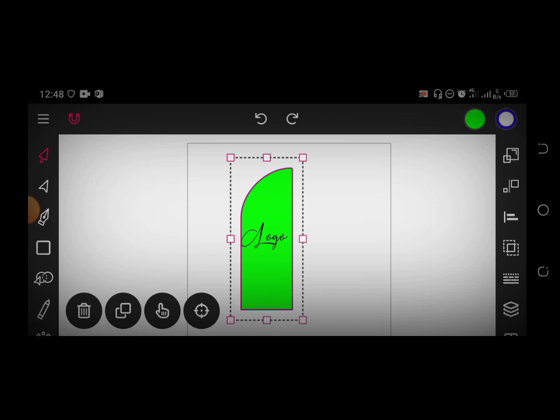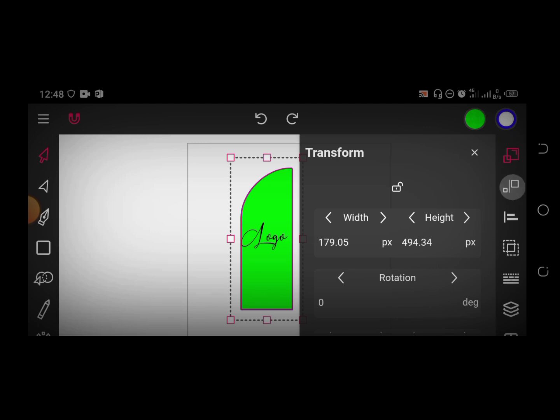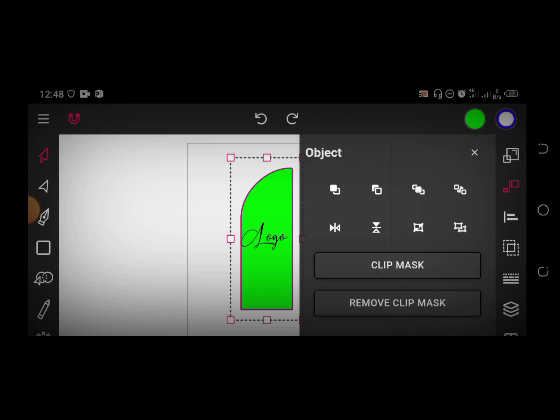So when I come to my object option, the first one is the object will be on top. I already have my logo on top, but I've selected my rectangle. So when I select on top, the logo goes behind, the rectangle comes forward. And then when I select send backwards, realize that